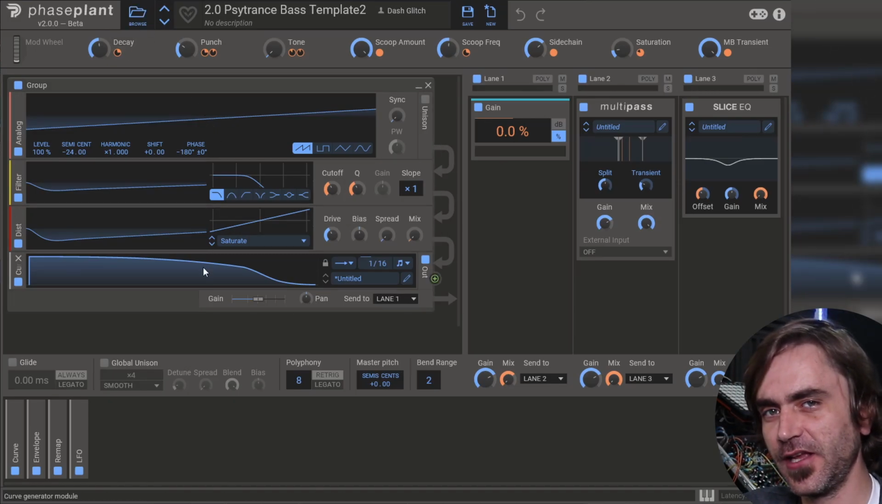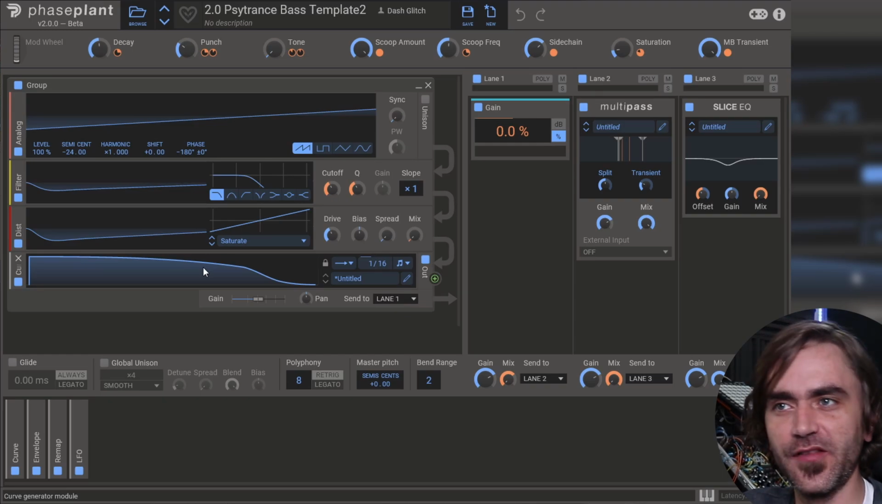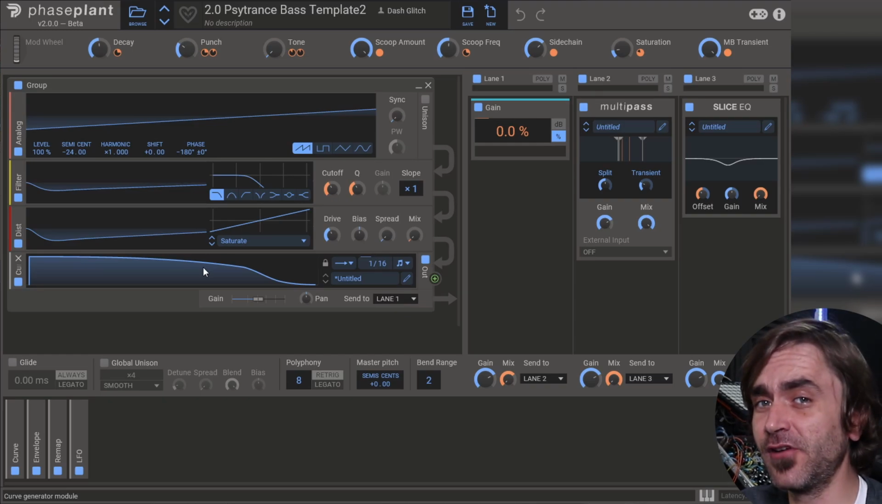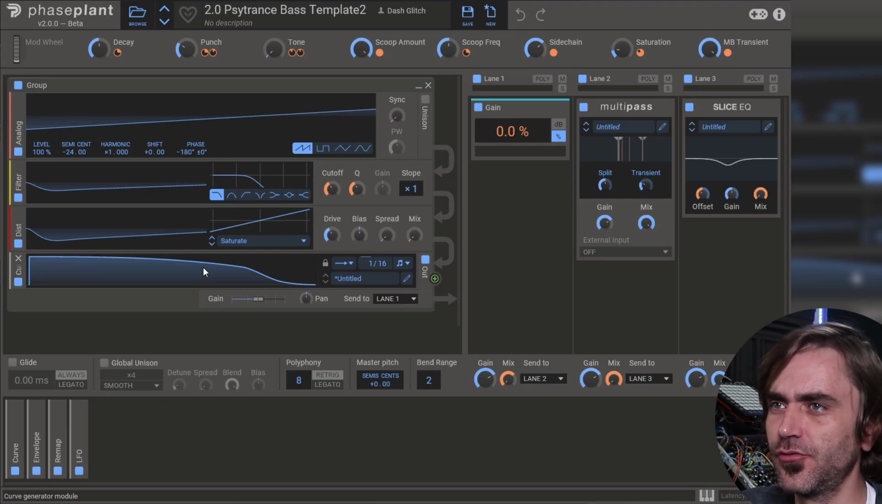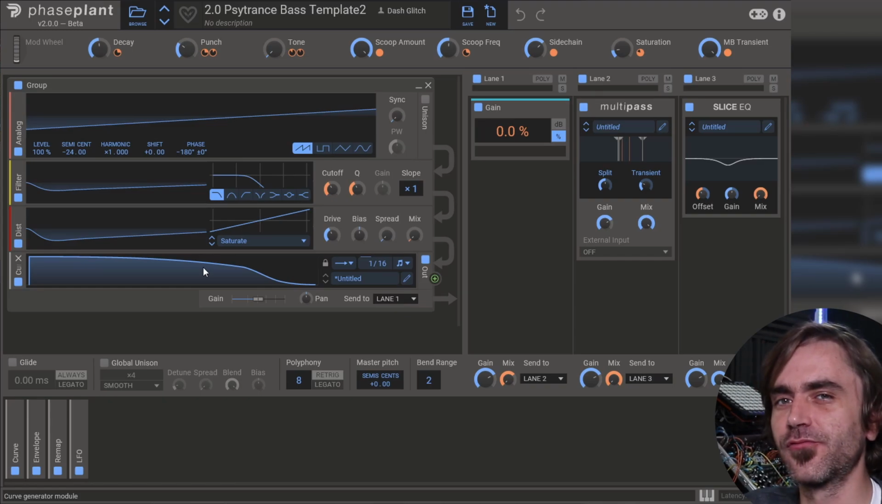So in today's video, I want to outline the beauty of the curve modulator. So what is the curve modulator? It's basically an envelope generator built to work around specific curve modulations and stuff like that. But there's a couple of really amazing features in the curve modulator that I think make it perfect for PsyTrance